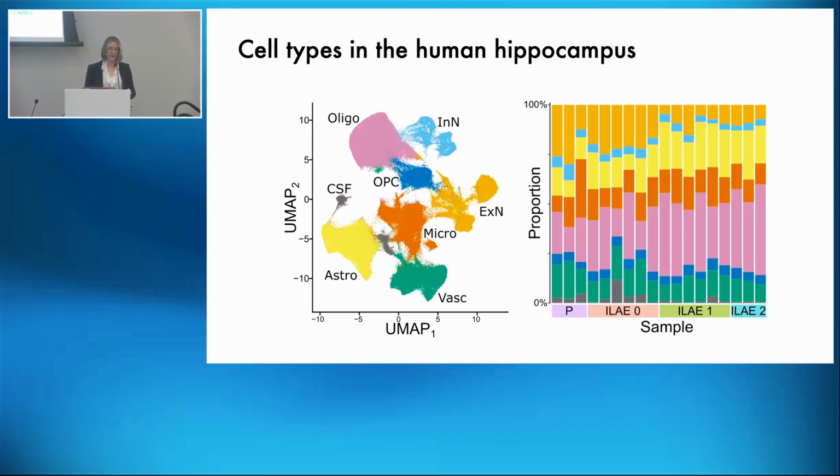I next wanted to look at general proportions of these cell types, if we have them in all patients, and we broadly do. One immediate interesting fact, which was a good sanity check at the beginning: if we look at the proportion of excitatory neurons, we can see a split between samples that have no hippocampal sclerosis and samples with hippocampal sclerosis. I forgot to mention that these are postmortem samples that I used. These are from patients that have no history of seizures or epilepsy.